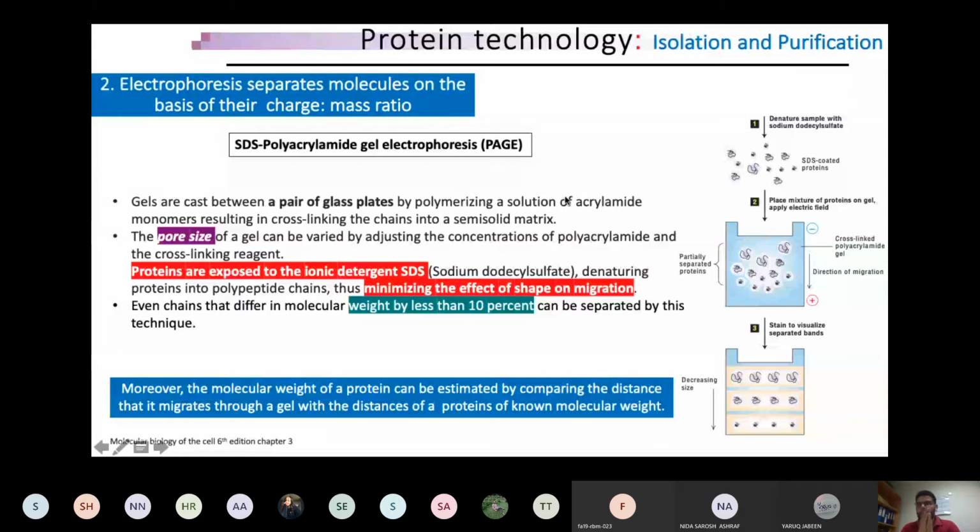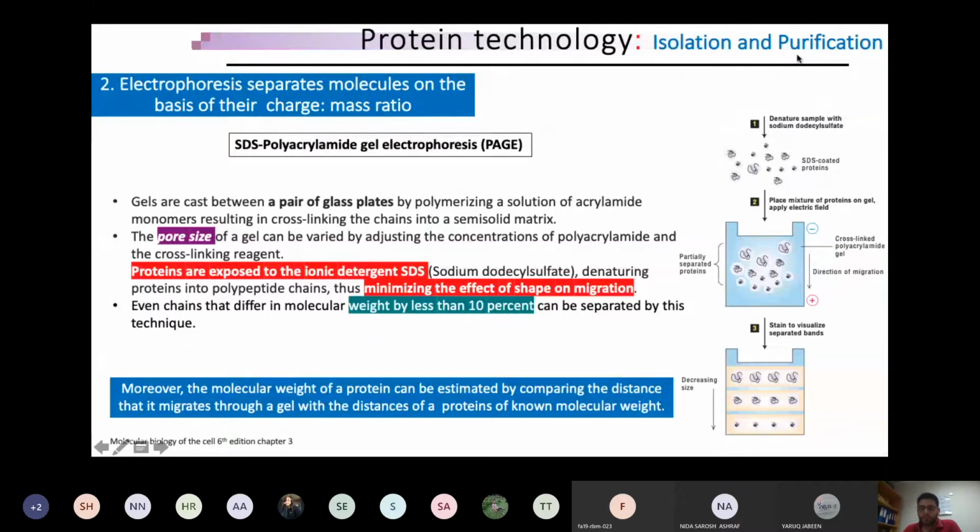In fact, the first step in any type of structure prediction is isolation and purification. We are currently focusing on this isolation and purification. We saw yesterday that there are multiple techniques which could be used to purify and isolate proteins. One of those